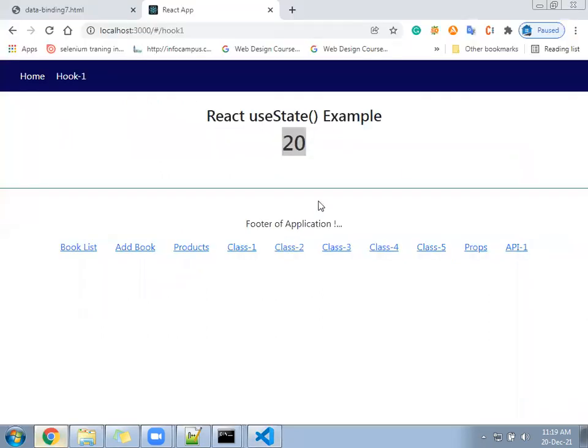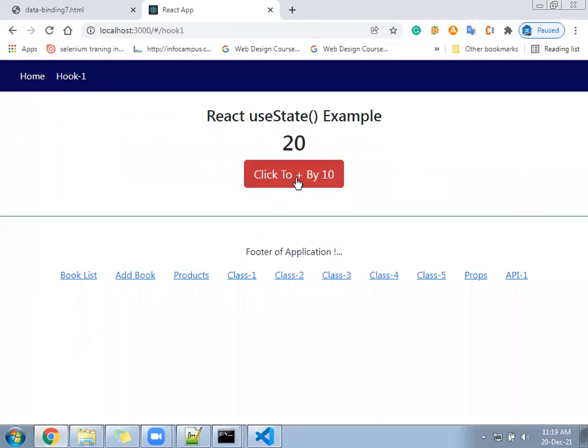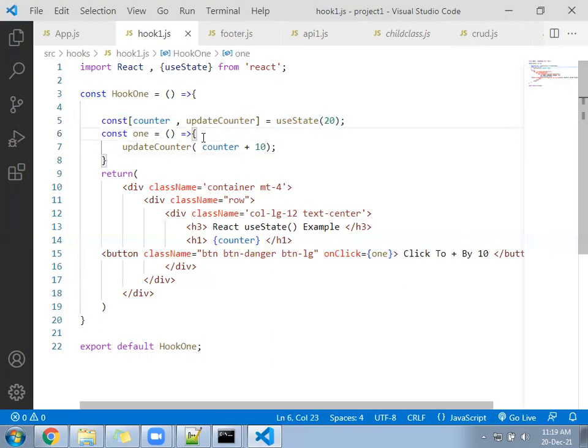See here, when we click happening, in the class component we have to write the render function. We have to write a constructor. We have to write this.setState. Again, we have to call this.state. We have to create a variable through the class setState. But here there is no setState function.